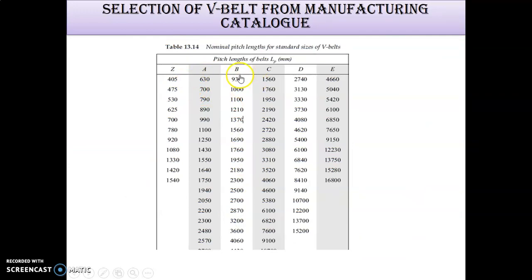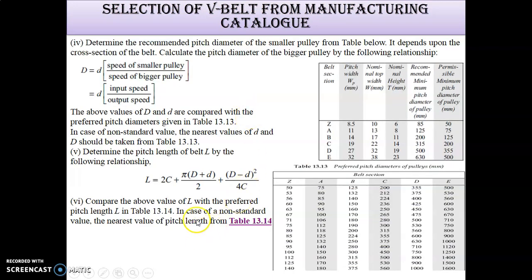Suppose we have seen B section, and 1000 value we get, so 1000 is the value. But here L can become 950, 960 like this, but the nearest value which we get is the next value, that is 1000. So based on this the center distance will change.